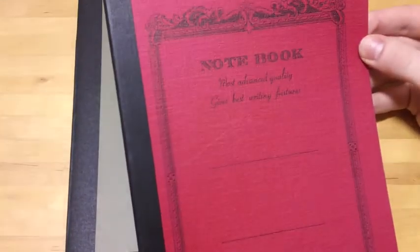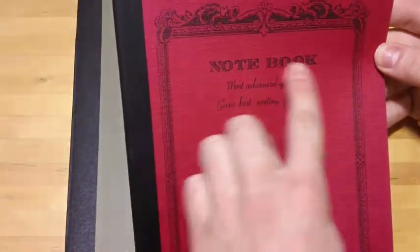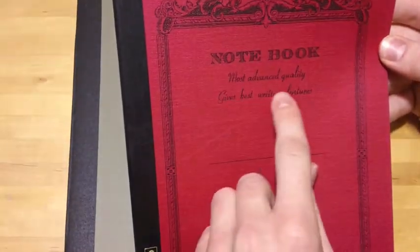And so we also have this, which is a notebook or something. Most advanced quality gives best writing features. Obviously, this was something that was cheap, that was made in China. But actually, it's not that cheap. You can see the Chinese down there. Or possibly Chinese. No, it's Chinese. What am I doing? Anyway,